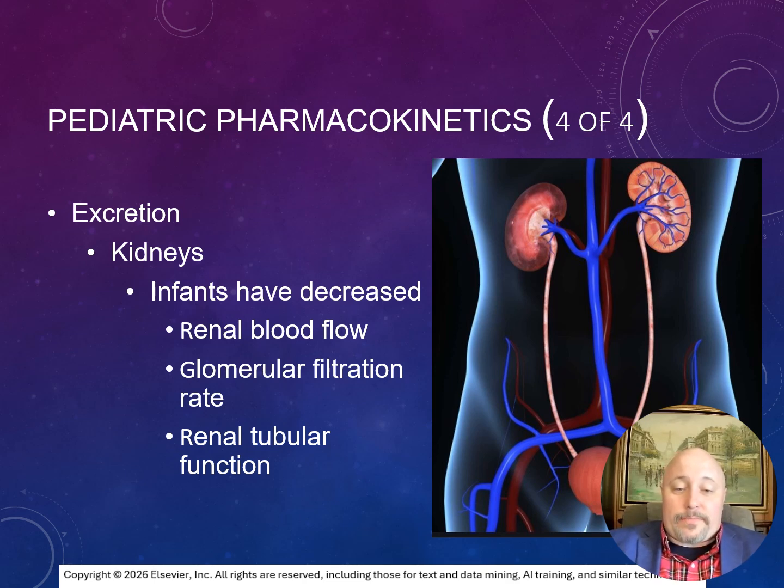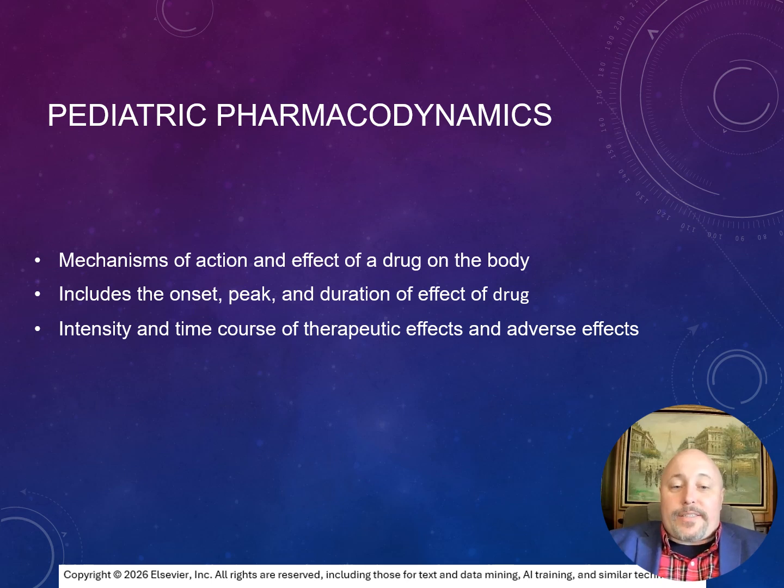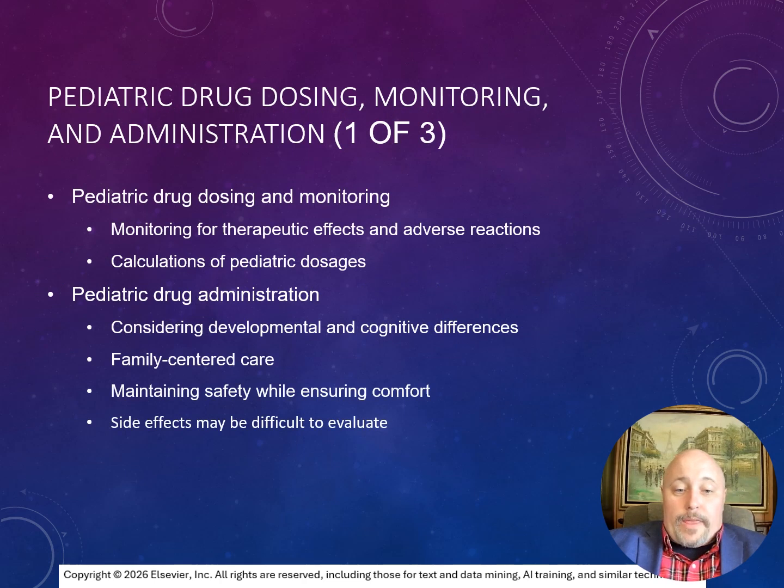renal tubular function. When considering pediatric pharmacodynamics, the mechanism of action and effect of a drug on the body, including onset, peak, and duration of the effect of the drug, should be carefully considered. This would be in addition to the intensity and time course of therapeutic effects, as well as adverse effects. And monitoring, as well as for therapeutic effects and adverse reactions. Calculations of pediatric dosages are going to be weight based, and this is something we're going to cover a lot